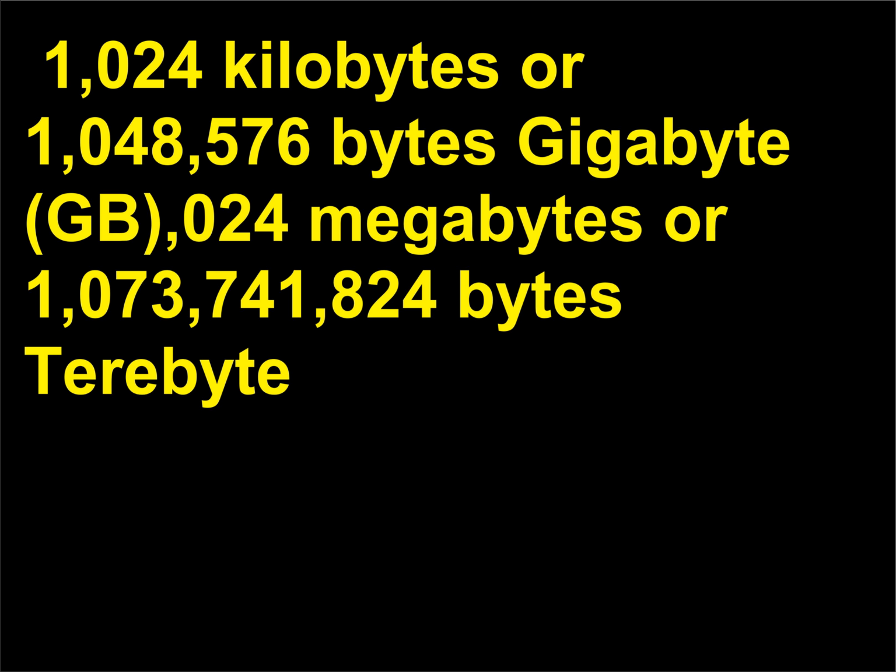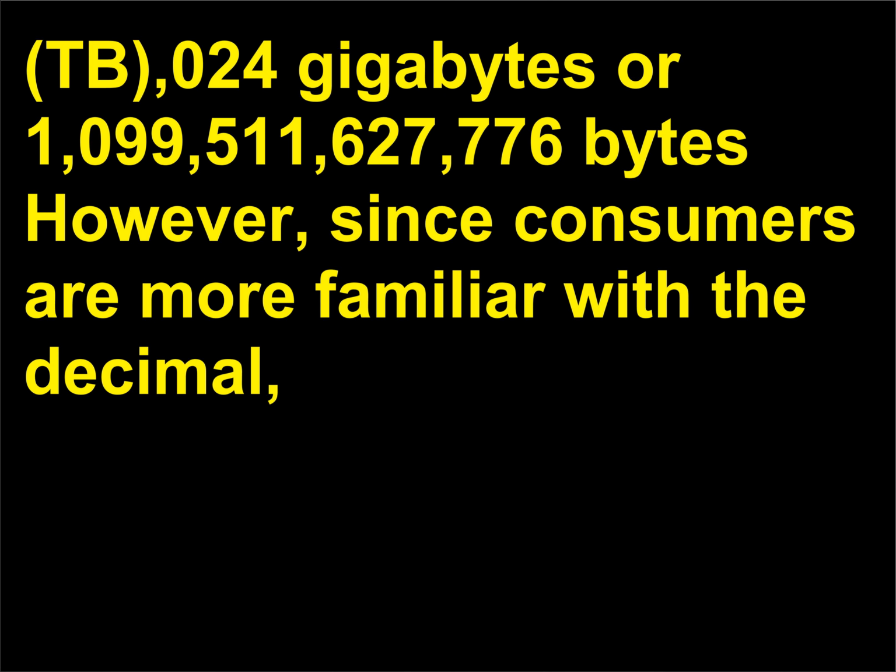1024 kilobytes or 1,048,576 bytes; gigabyte, GB, 1024 megabytes or 1,073,741,824 bytes; terabyte, TB, 1024 gigabytes, or 1,099,511,627,776 bytes. However, since consumers are more familiar with the decimal